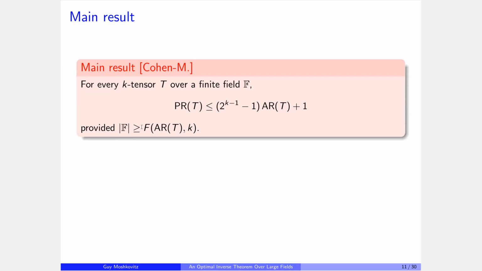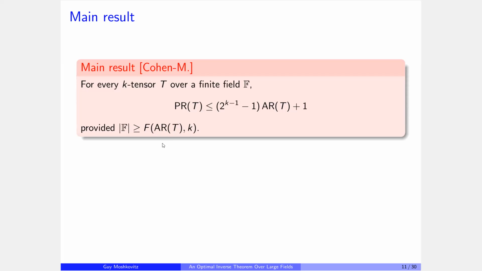So what do I mean here by somewhat large? It will be interesting to prove this for the binary field of size 2. That we don't know how to do. But the somewhat large here only depends on some function of the analytic rank, which actually makes it useful because,